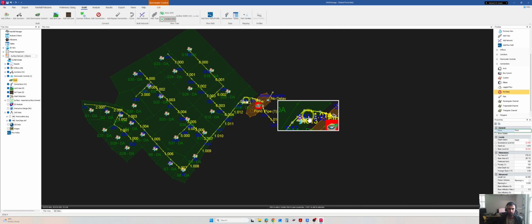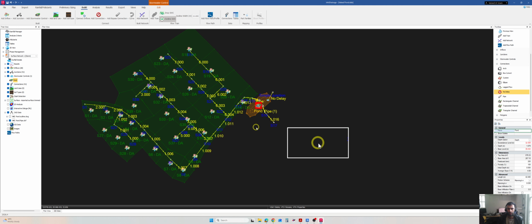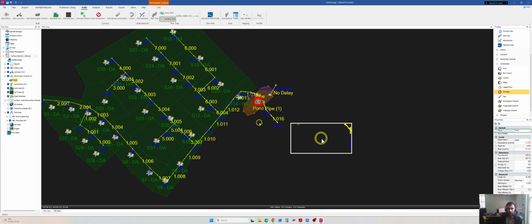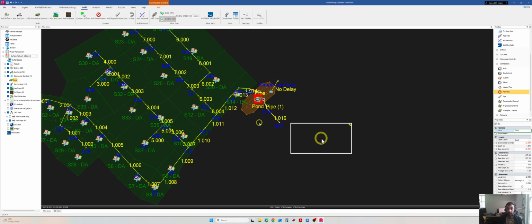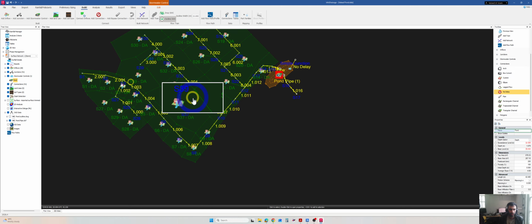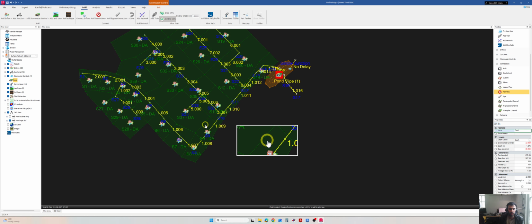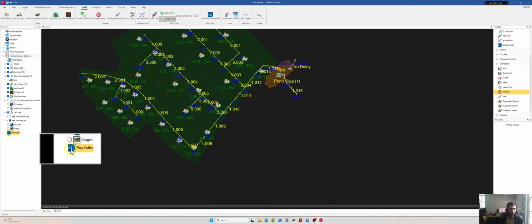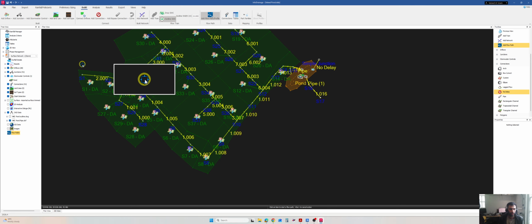I will just quickly save it, and now we have to run the simulation in order to see how our pond is working. Is it proper or is it not proper, or do we have to make any changes? So first we need to create a flow path in order to run the simulation. So here is a flow path, add, and from the